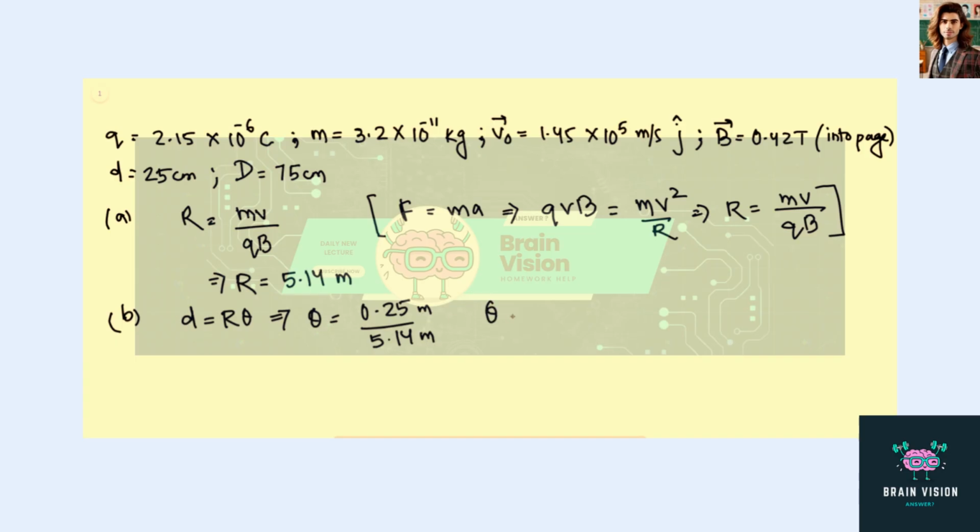Theta is nearly equal to sine theta for small angle measurement, which is the case over here, and this gives sine theta to be equal to 0.25 meter over 5.14 meters, and this gives theta to be 2.79 degrees, or in radians this will be,